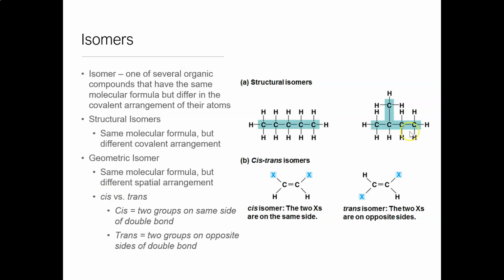If I come over and look at this one, I still have 5 carbons. Count the hydrogens up, it's still C5H12, but the structural arrangement of this is different. So we would talk about this as isopentane as opposed to just pentane because I've got that branch that's coming off. Geometric isomers happen on, again, same molecular formula, but now I'm talking about different spatial arrangements,